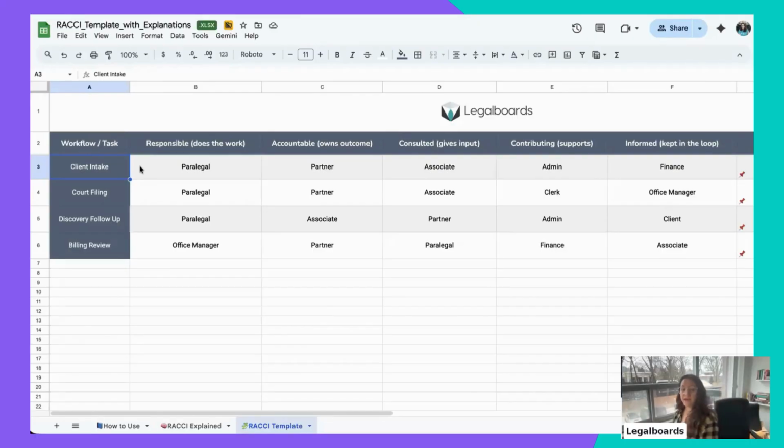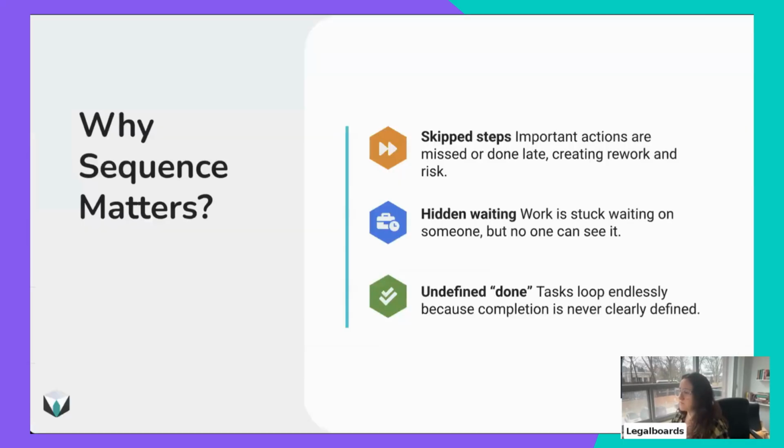So first you have to get information. Then the paralegal reviews the information and makes sure she's gathering everything. Or, no, I need more financial statements here. And then she consults the associates to make sure this is a complicated intake. I need to make sure I am really aware of everything. So we have a process, right? We have steps to follow.